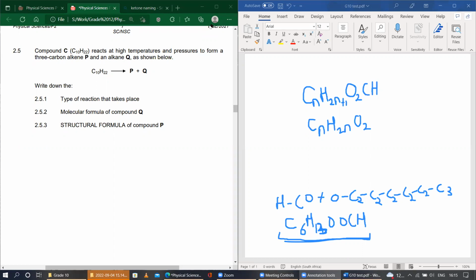So the reaction that takes place is cracking. And now the molecular formula of compound Q. So to form a 3 carbon alkene. Oh, okay. So if you know that P has 3 carbons,